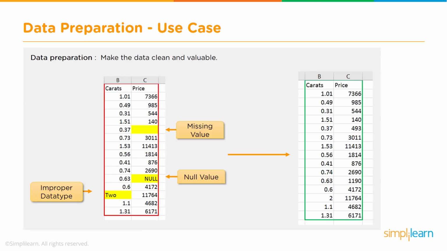A few examples of very specific stuff. If there are missing values, how do you handle missing values or null values? Here in this particular slide, we are seeing three types of issues. One is missing value. Then you have null value. You see the difference between the two, right? In the missing value, there is nothing, blank. Null value, it says null. Now the system cannot handle null values.